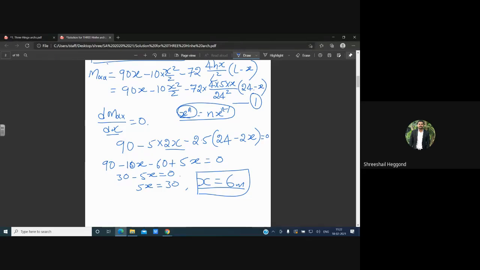Okay? Once you find out the x value, substitute it in equation 1 and find out the Mxx value, that is, the moment about xx can be calculated by substituting the x value in equation number 1. From equation 1, Mxx can be calculated as how much is the value? Tell me the answer. Substitute the x value wherever x is there in equation number 1 and find out the moment about xx.